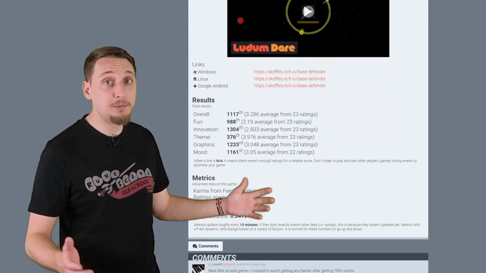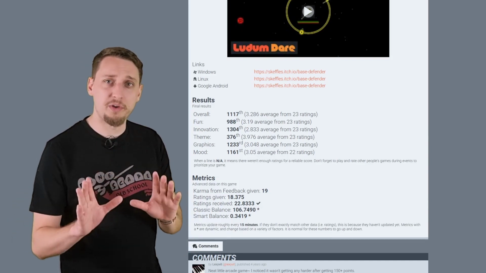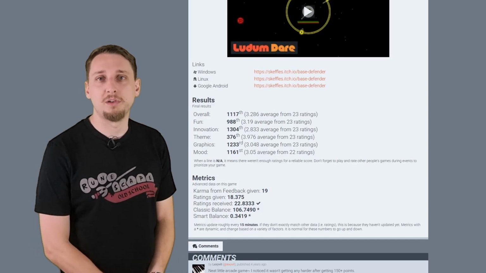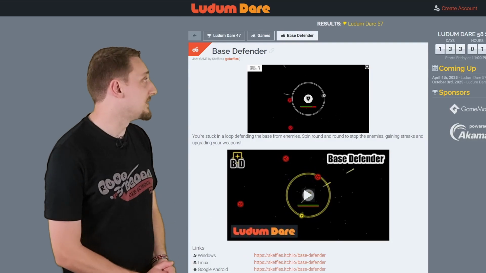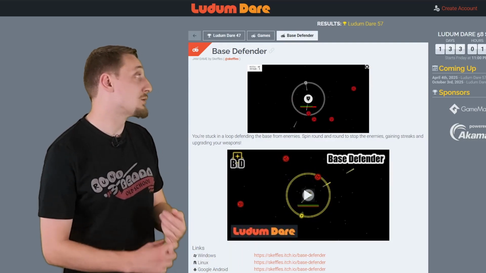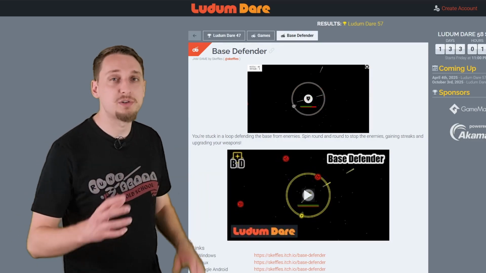You can add any multimedia you like, so you can create more enticing pages. I don't think you should overdo it though, as you still need to get players to your main game page before they can play. As for the page for Base Defender itself, I think it's quite good because it gets across what the game is with the animated GIF, and it stands out in a sea of pages filled with